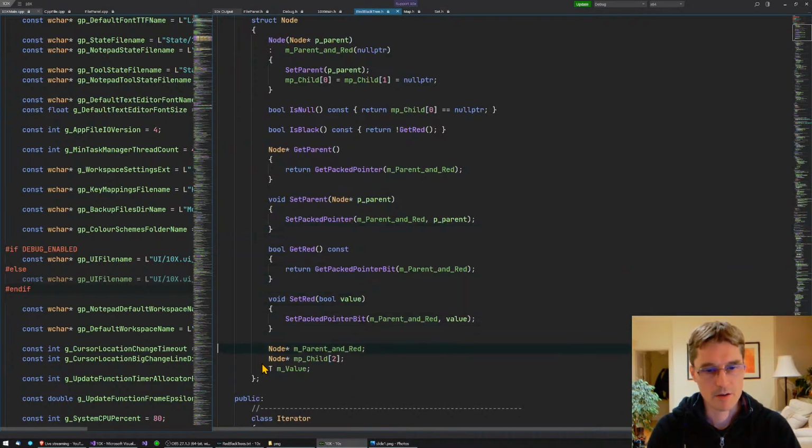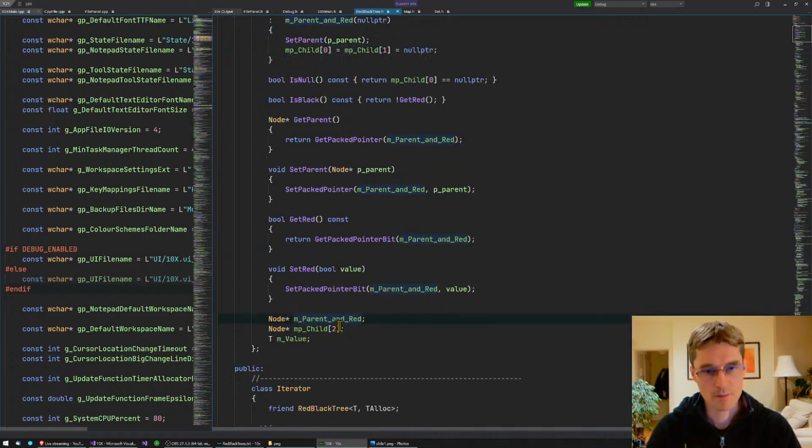So each node, oh yeah, here we go. Here's an optimization. Each node obviously has a parent and 2 children, which is fair enough, just node pointers, and the value. It also has a red-black flag to say whether it's red or black, and I've inserted that into the parent pointer. As you know, pointers don't use all the bits, so I've just used the lowest bit